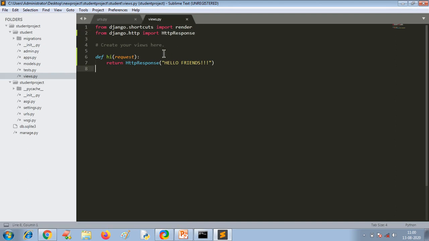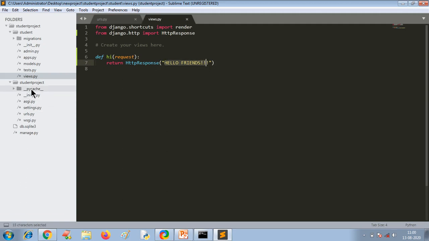So in the views file of your application, I've defined a method hi. What is the purpose of this method? It accepts a request and gives a response. In that response, it is supplying one message, that is hello friends, right?